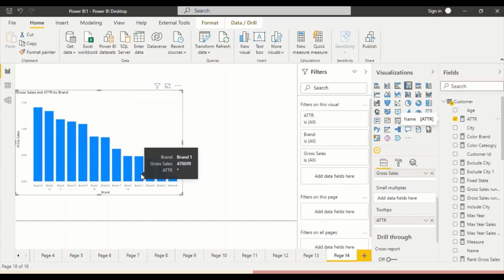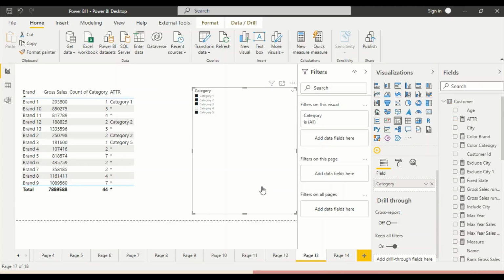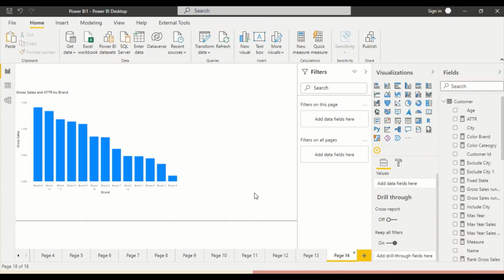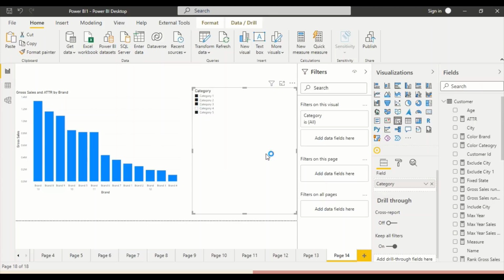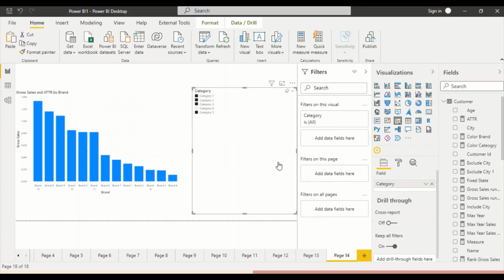Okay. Now brand 1 when it comes in. So right now brand 1 is also coming as star. And the reason why brand 1 is coming as star is because we have not filtered categories. So let's bring in that filter. We copy it and we paste it here. And this is something very interesting in Power BI. We pasted it on another page. And now let's go to attribute 1. It will ask for the sync, and that's what I was waiting for. So we say, okay, keep those 2 pages in sync. So whatever I change here, and then see category 1, category 2, category.